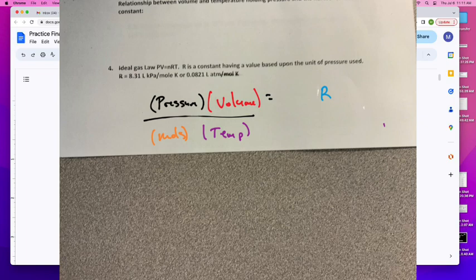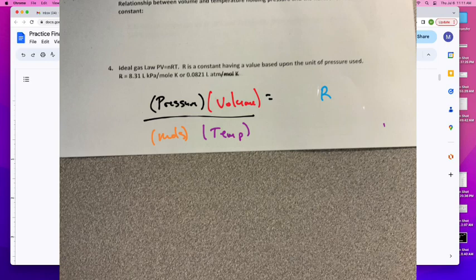R is a constant. For any system in gas, when we measure the pressure, the volume, temperature, and the moles, and we use this mathematical equation, it doesn't matter the gas, it doesn't matter the pressures, volumes, temperatures, or moles. When we put them into this relationship, they always equal the exact same number. That number is R. Like R is not a number, right? That thought crossed your brain, at least a little bit. R is not a number. So we didn't define what the R was. But if we go through and set that up, we find out that that R has a couple different values depending on the unit system we're working with.